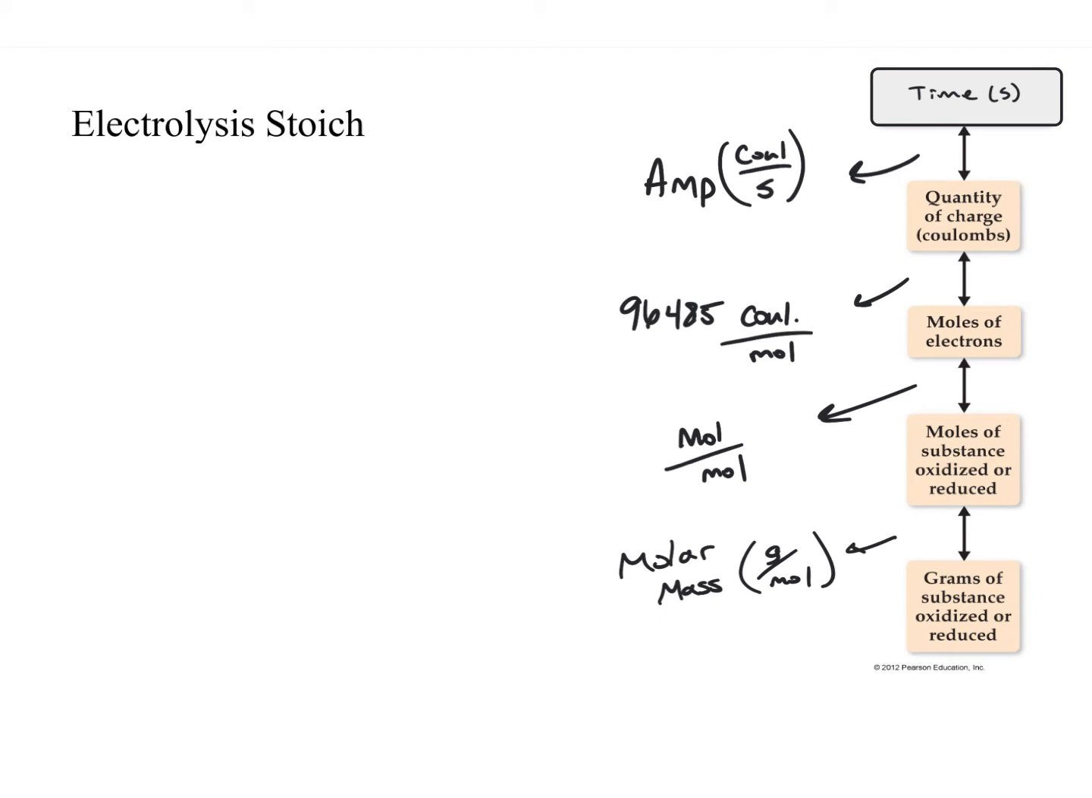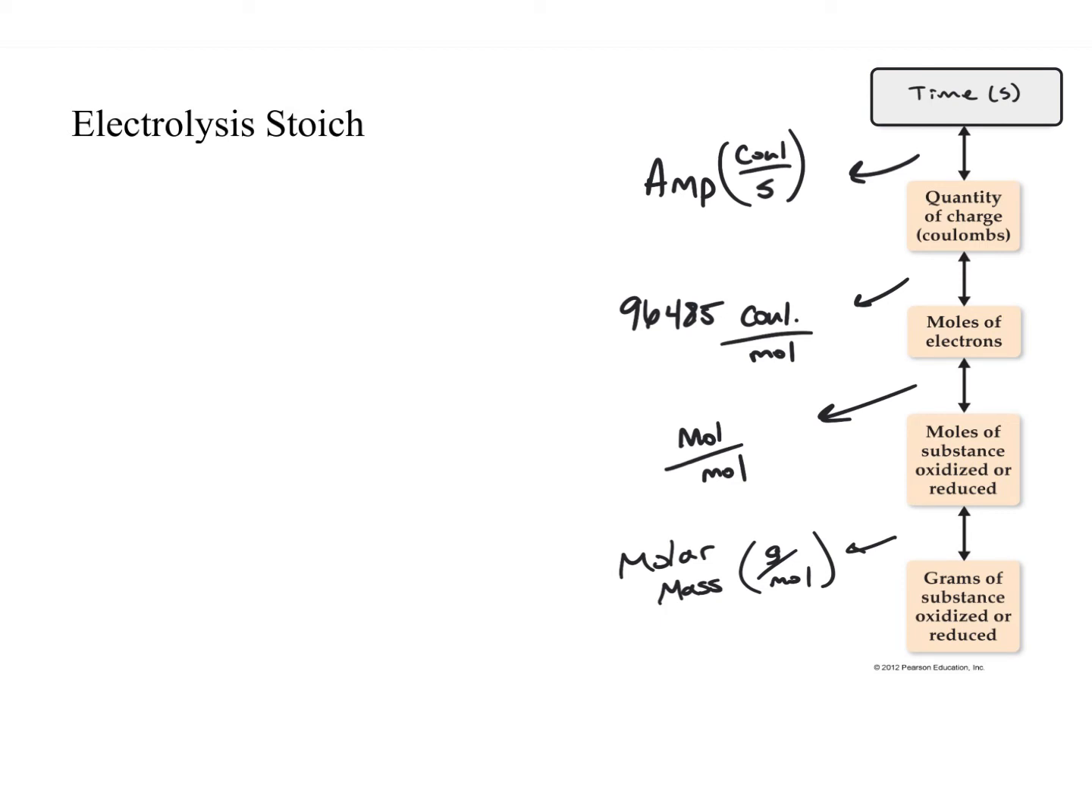Now let's just say that you know you have 500 grams of substance plated and you want to know how much time it took to plate that 500 grams. Well, you could work this process in reverse. You could start at the bottom and go grams to moles, and then convert moles to moles, and then use Faraday's constant, and then, once again, the amperage to calculate the amount of time it took to plate that amount